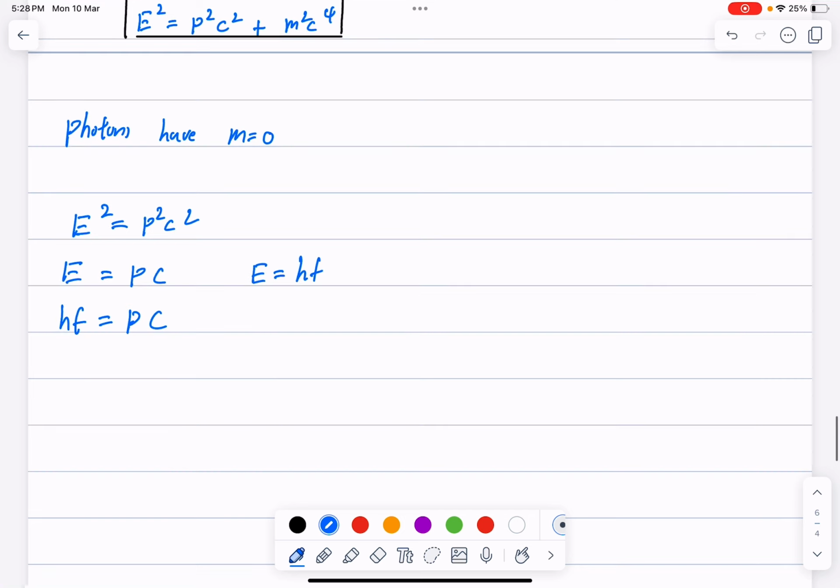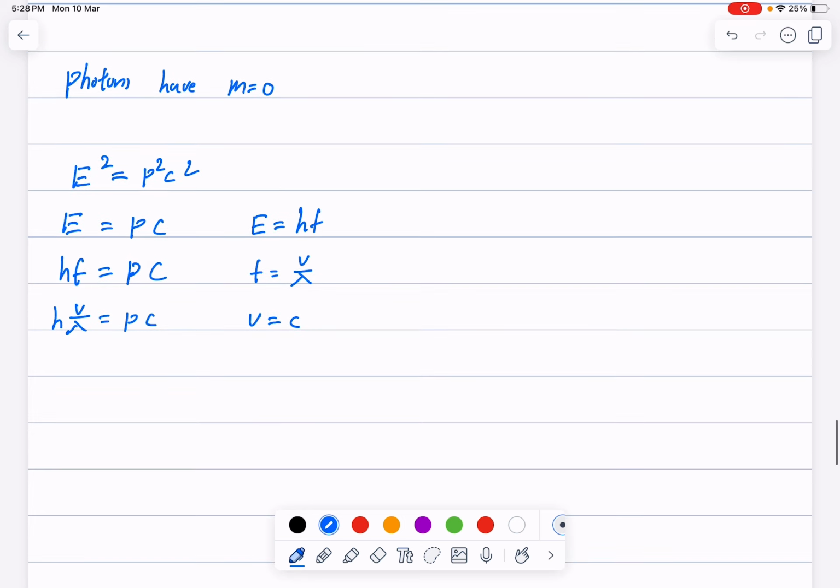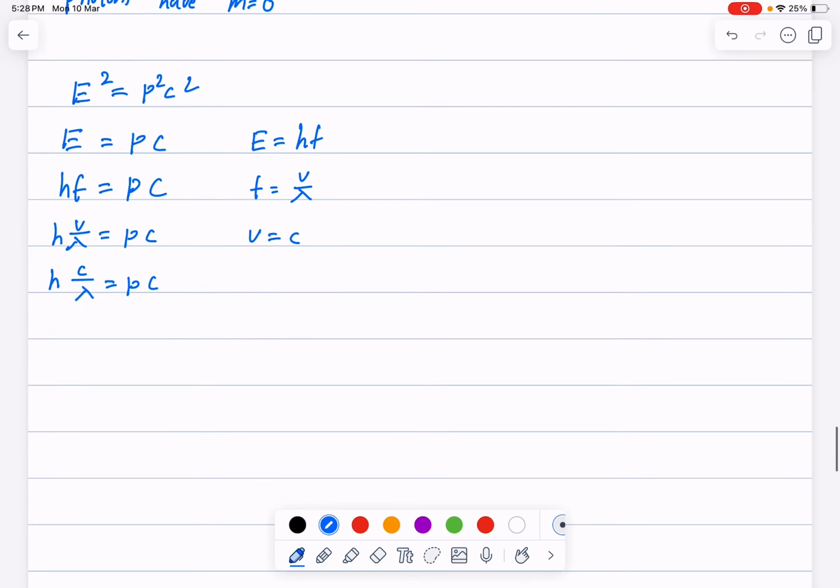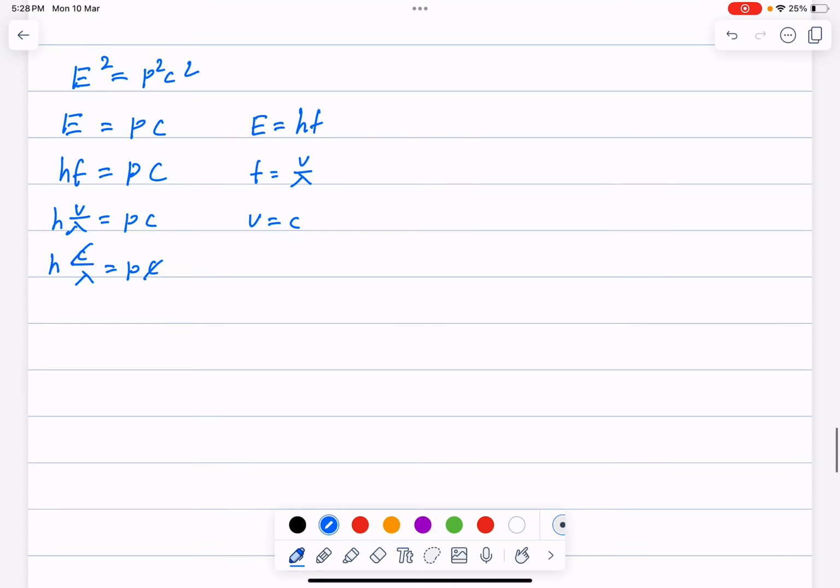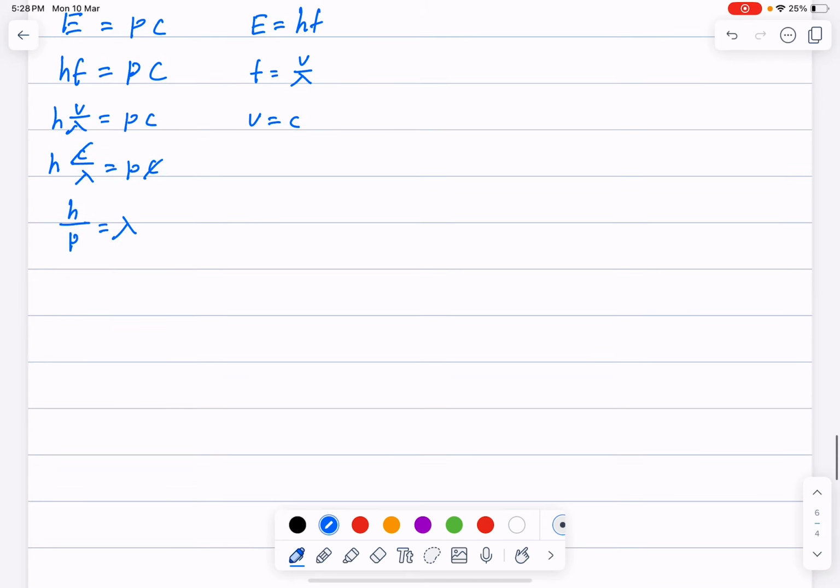You see up there? f equals v over lambda. So h times v over lambda equals p times c. And notice that photons move at the speed of light, so v is equal to c. h times c divided by lambda equals p times c. Cross out both the c's. Move lambda to the right, multiply lambda on both sides, and divide by p, the momentum. h over p equals lambda, which is better if we write it this way. Lambda equals h over p, and that is the de Broglie wavelength,